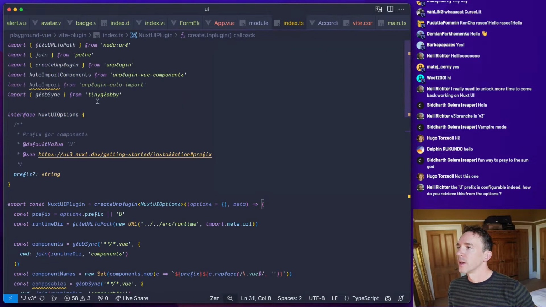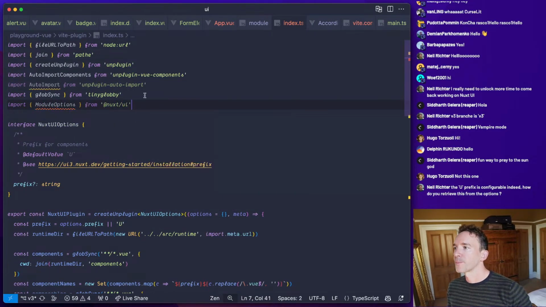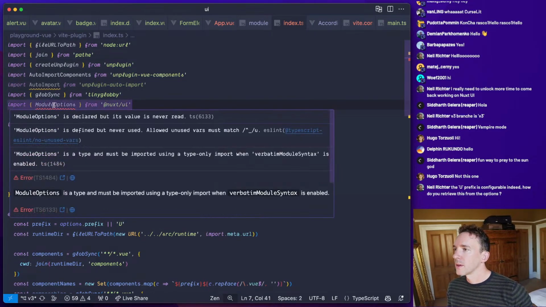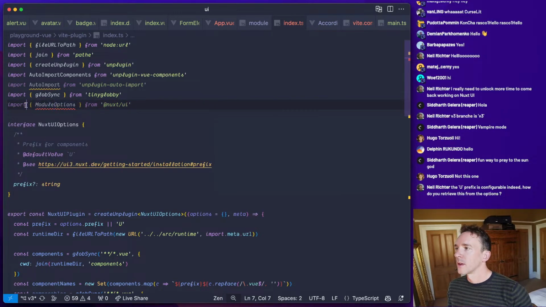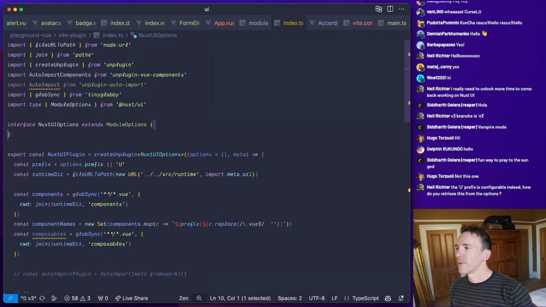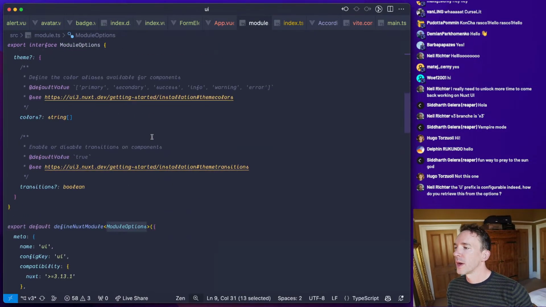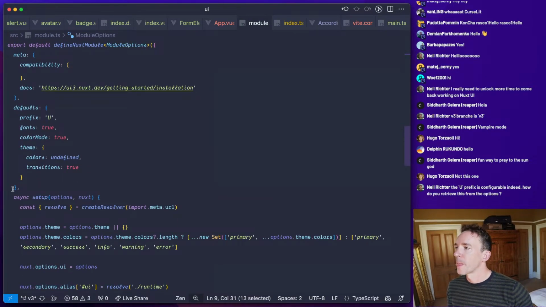So let's actually just handle that. Why not import module options from Nuxt UI? Is that a thing? And we will basically just say, there we go. So now we just have access to all the same options. We also need to have a look at our default values.